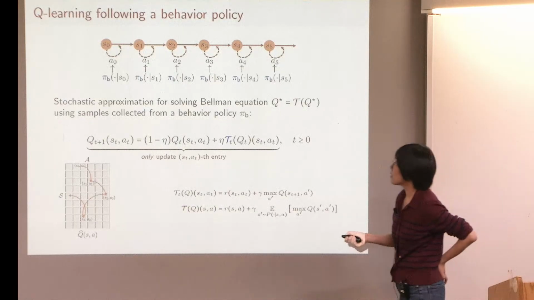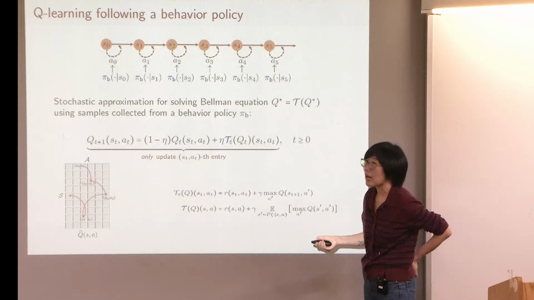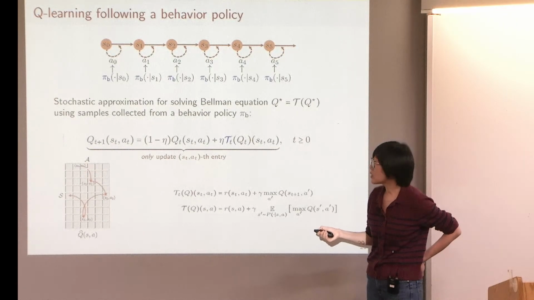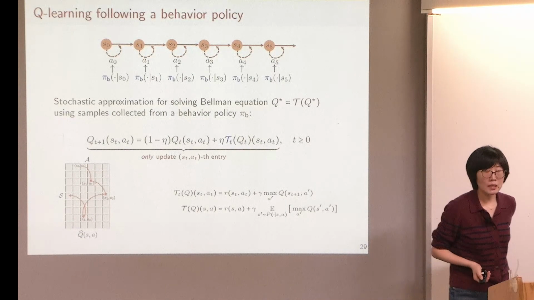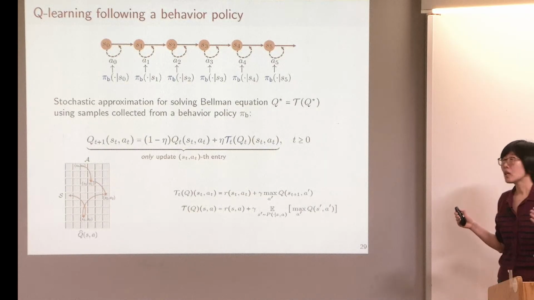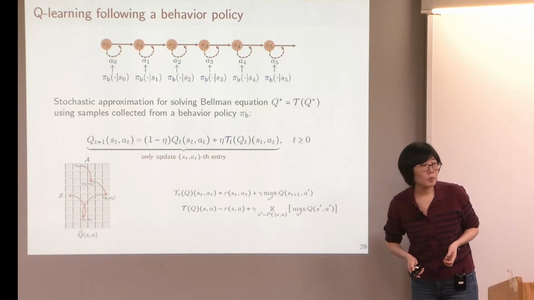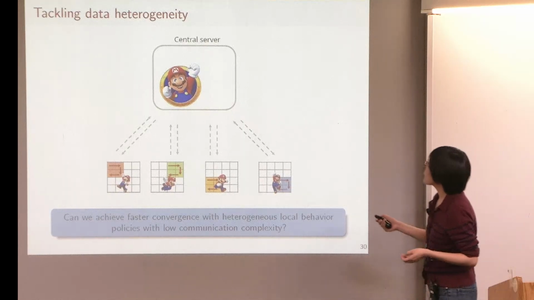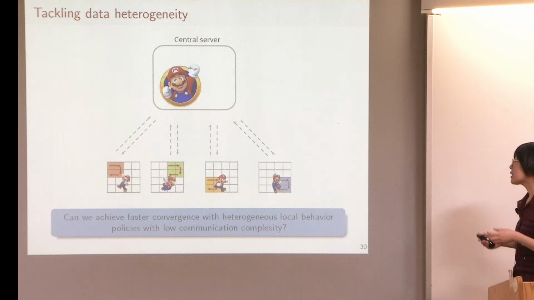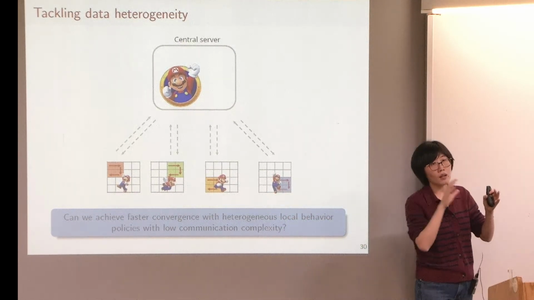So if you think about this as hopping around the Q table to do updates, this is essentially very similar to a coordinate descent update algorithm over the Q table. And if you have different behavior policies, you will be hopping along different trajectories. That precisely leads to the heterogeneous setting we want to study. Going back to the picture we've been showing you, instead of assuming every agent has their own simulator that can access all the state action pairs,